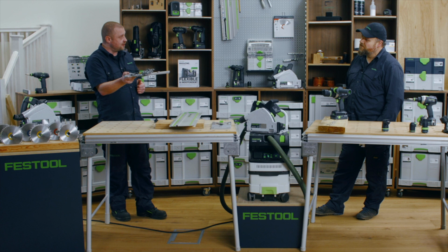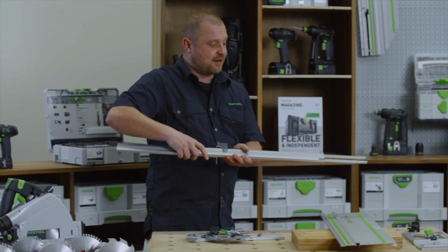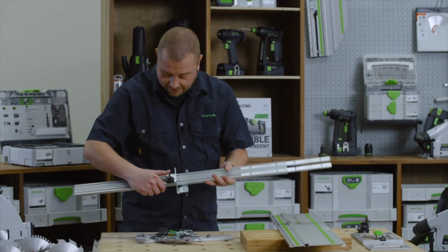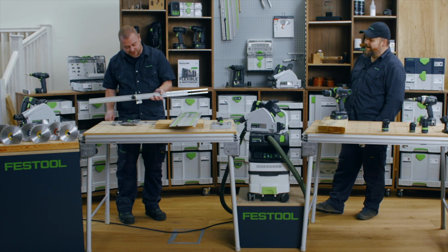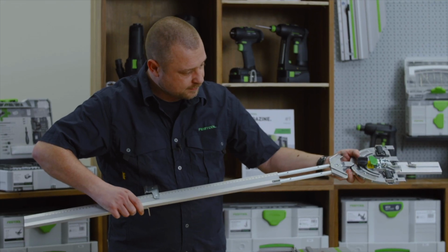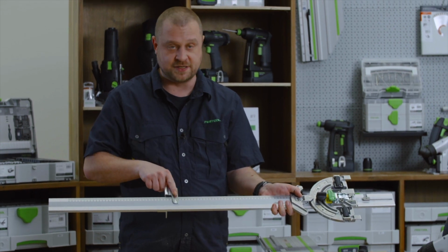And going one further with this one, we also have the extension piece that connects to the rail as well. So you may recognise our connection bars, which we've used for our rails for a number of years now. They have changed ever so slightly, been upgraded, and now we can use them with a supplied Allen key rather than hunting round for that flathead screwdriver. But again, this profile just connects into the profile that you've already got, locks into position by tightening those connection bars, but we now have a reference point that we can work from